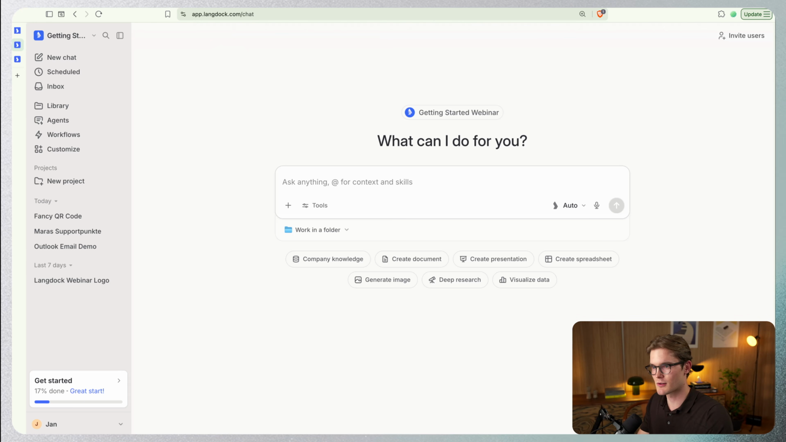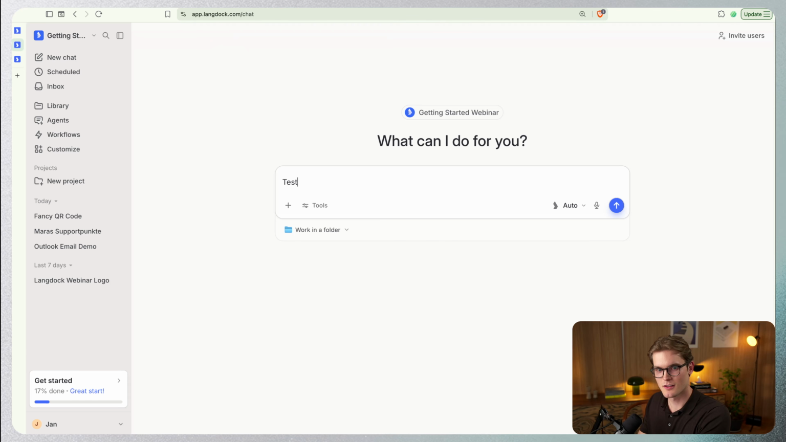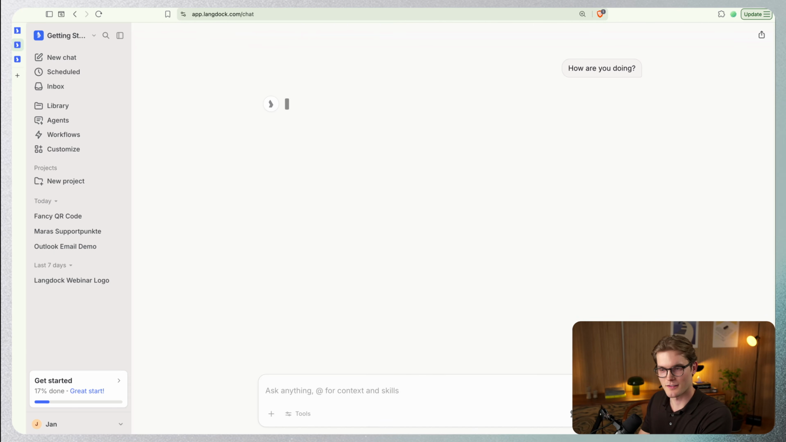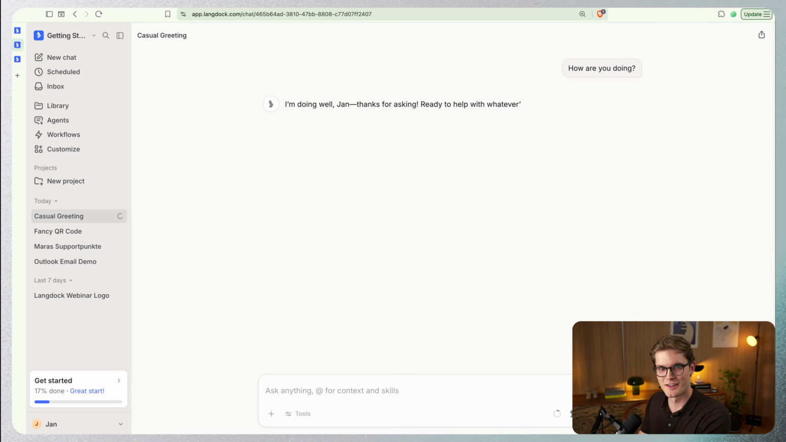So the AI model behind reads your message that comes in. If I say, how are you doing? There is an AI model that thinks, hey, maybe the person is actually trying to chat with me, and then will say, I'm doing well, thanks for asking, ready to help with whatever is on your mind. That's basically the whole